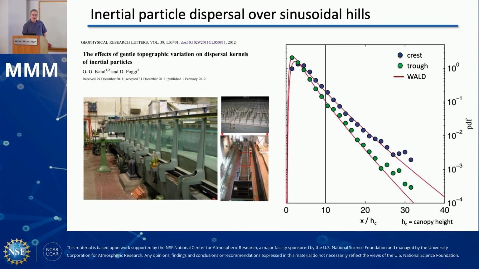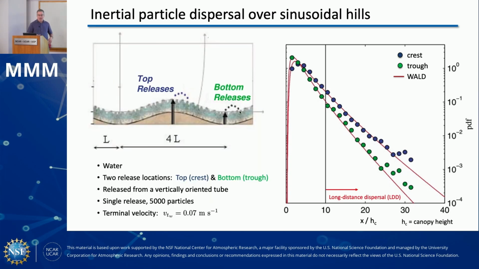And then in this configuration, they took vertically pointing tubes, one tube at the crest of the hill and one tube at the trough of the hill, and they filled them with basically BBs, and as the water flows past these tubes, they get launched out of the tube